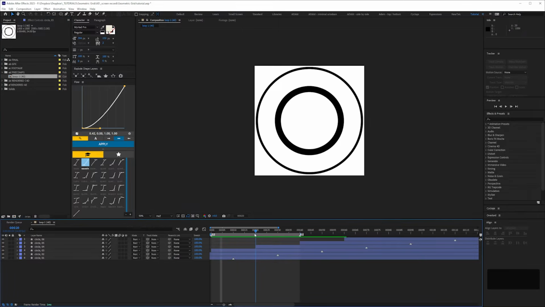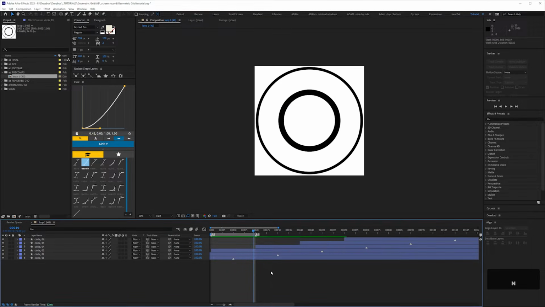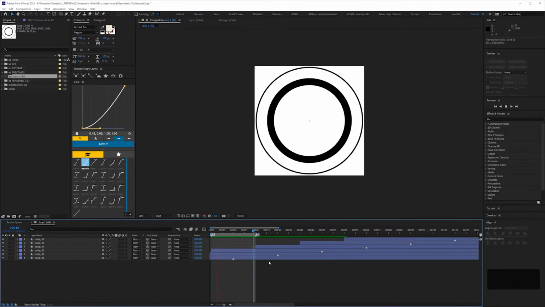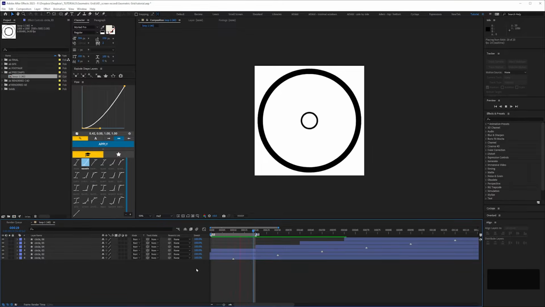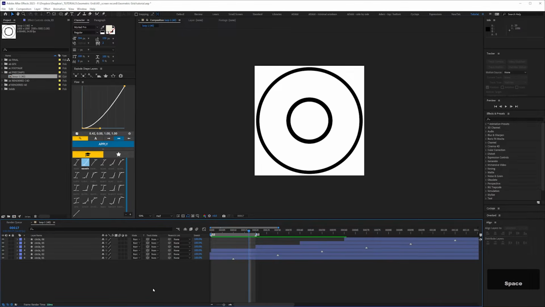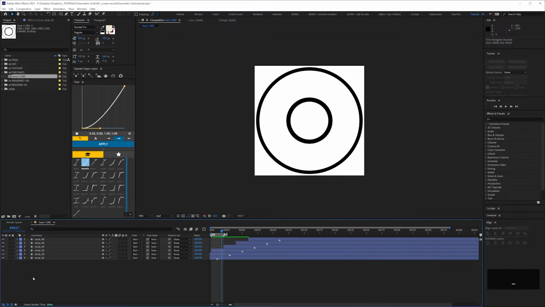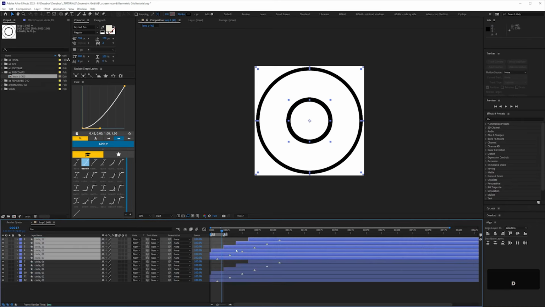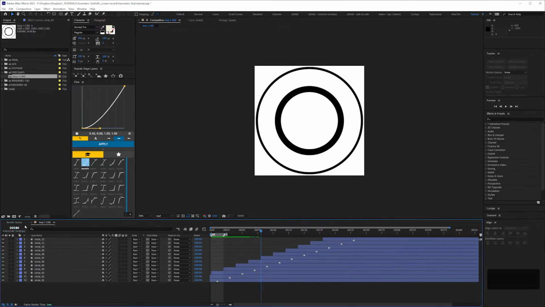Actually, it's even 20, isn't it? Yeah. So if you're really new to After Effects and you don't want to deal with expressions, which we're going to look at shortly, you could just duplicate a whole load of these. That's if you don't want to use expressions, but